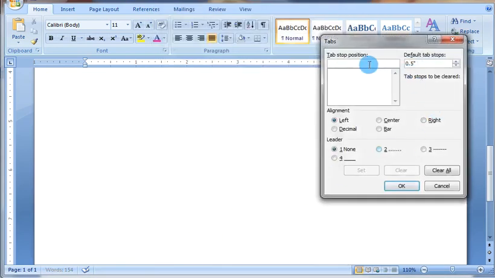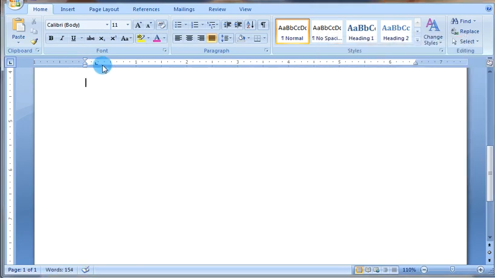Now I am going to add the tab positions here. 2 for left, and choose none, set.